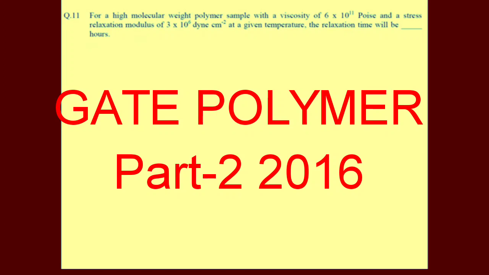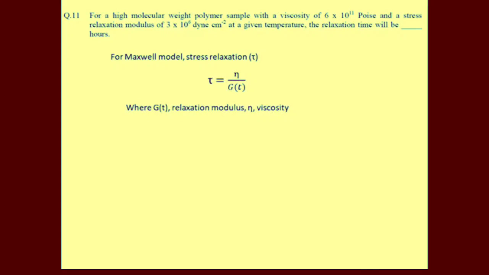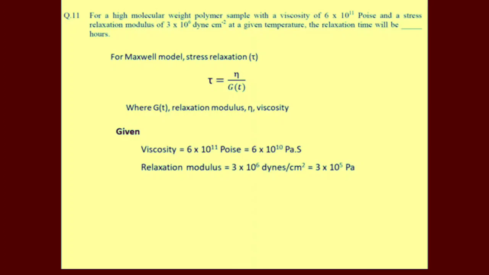Relaxation time of a high molecular weight polymer. The viscosity and relaxation modulus of the polymer is given. The stress relaxation behavior of a high molecular weight polymer can be represented by the Maxwell relaxation model, which can be represented by this equation. Now, we can convert the viscosity and modulus values in similar units, which is Pascal second